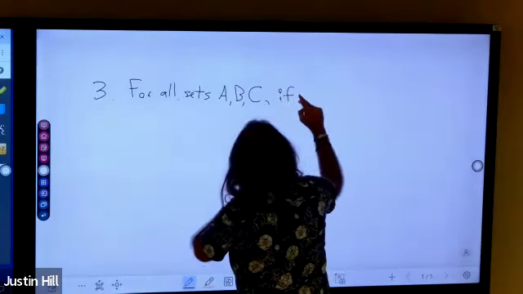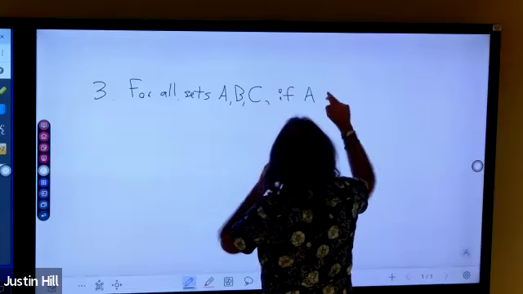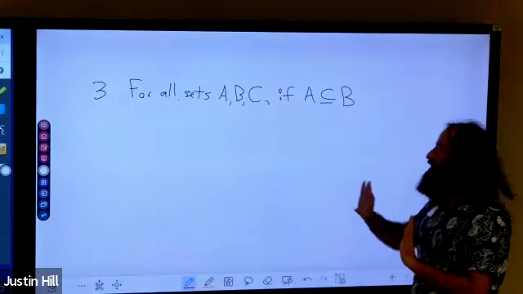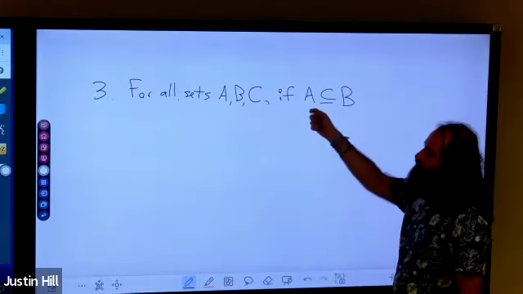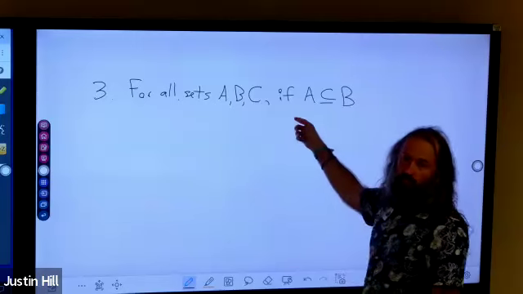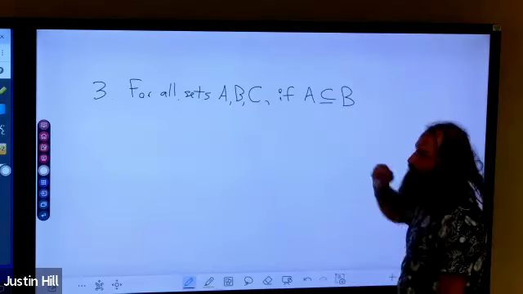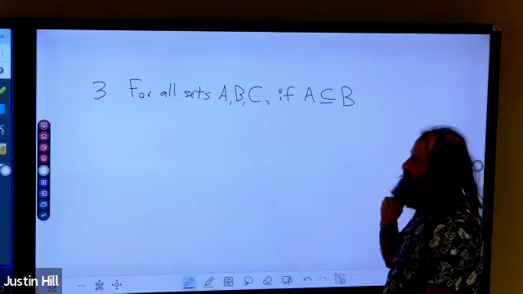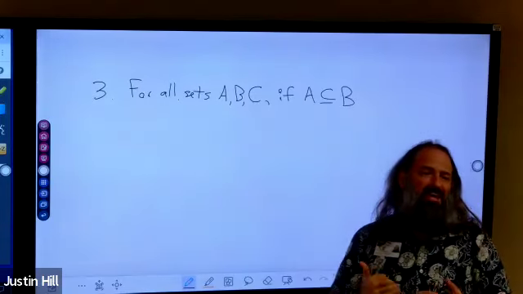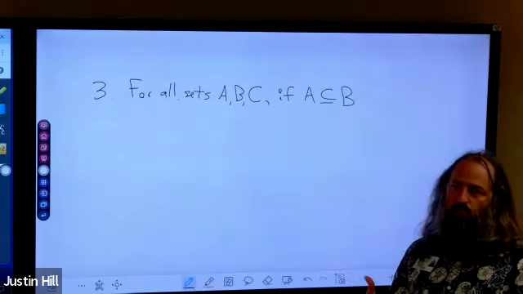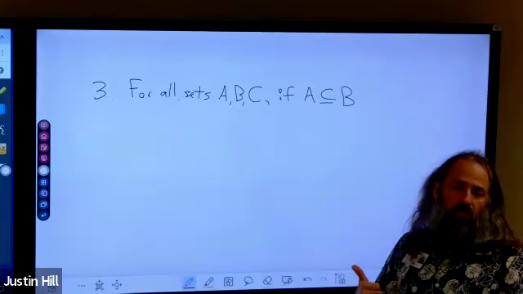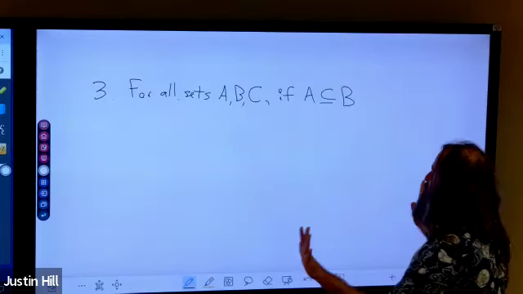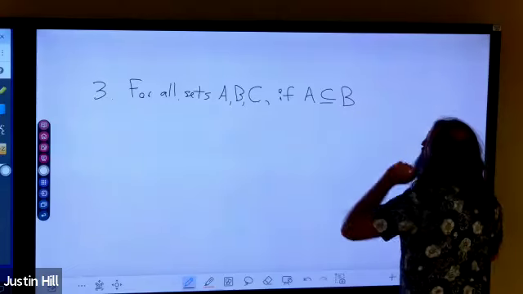We want to try to prove this: that if A is a subset of B, so these sets that I create, there's a couple restrictions or conditions here. First of all, A has to be a subset of B, so everything in A has to be in B. Again, I don't know what those elements are, and I actually don't care. It's even better that I don't know what they are. They could be numbers, they could be whatever, it doesn't matter the context. So I'm trying to establish, as long as A is a subset of B,